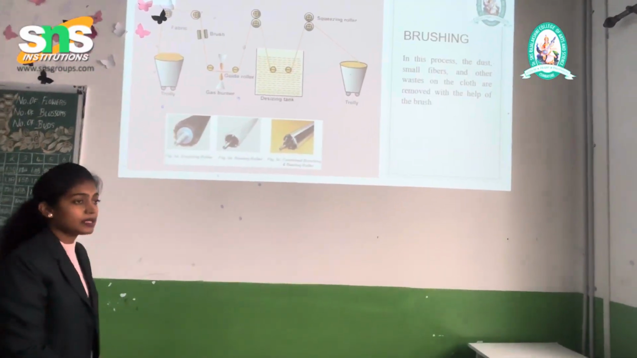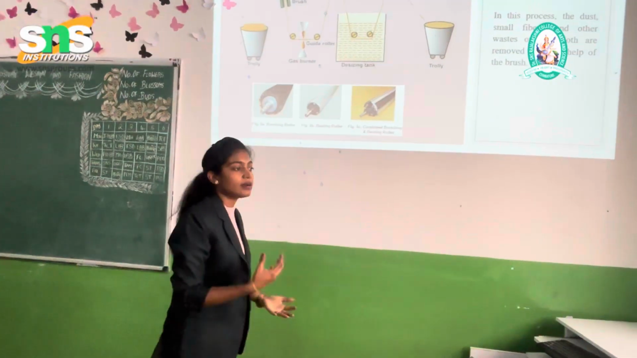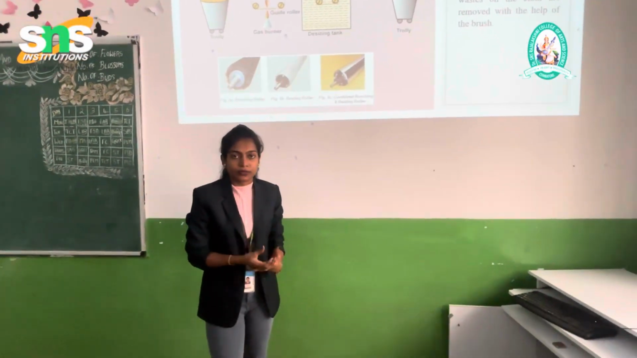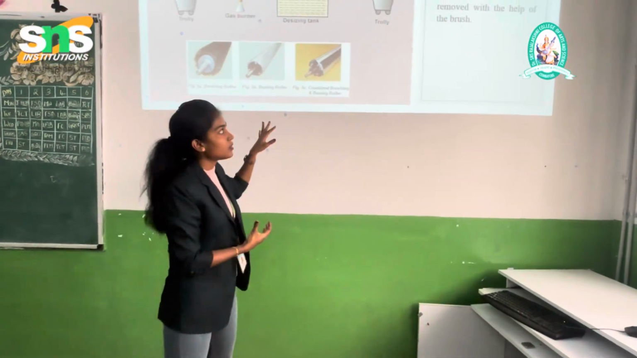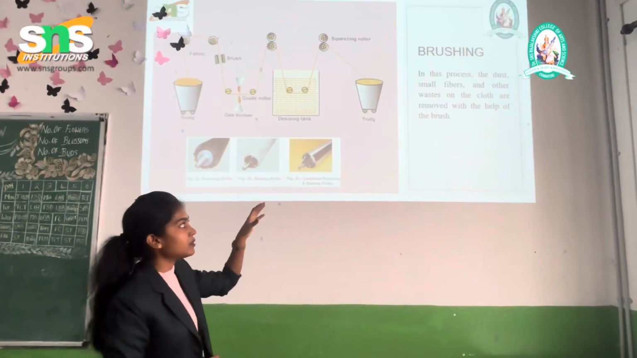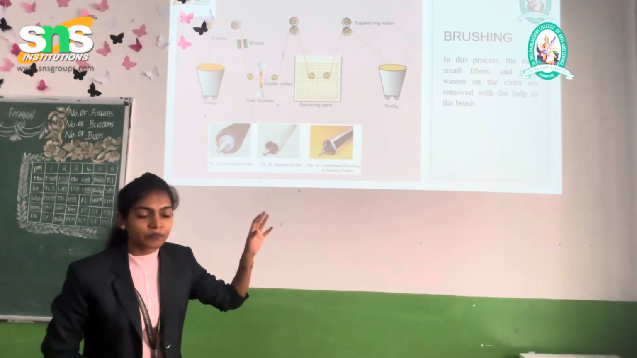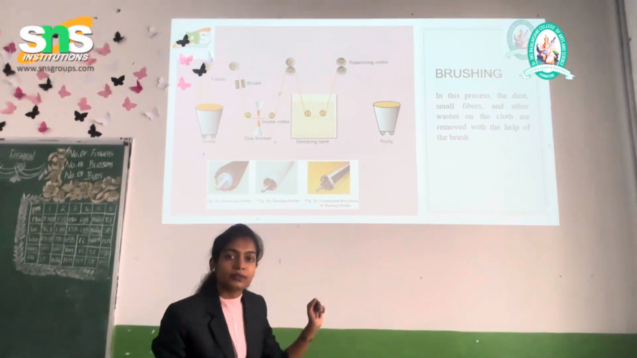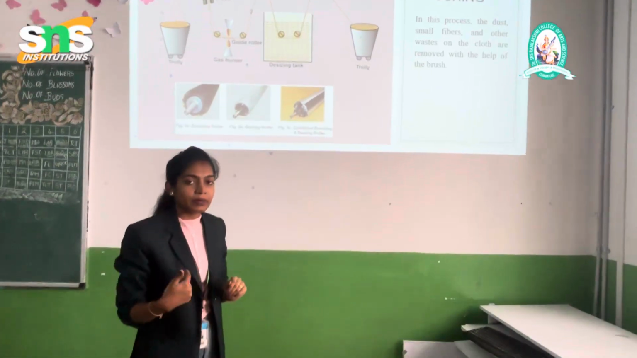So, first step is brushing. The purpose of brushing is to remove loose fibers, lint, and dirt from the fabric surface using rotating brushes. In the process, the fabric passes over cylindrical brushes. In this picture, you can see cylindrical brushes which gently clean the surface. The effect is it provides a cleaner fabric surface, improves appearance and handle, and ensures better results in further processes